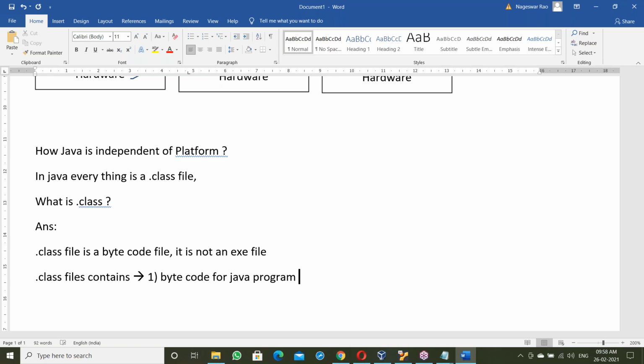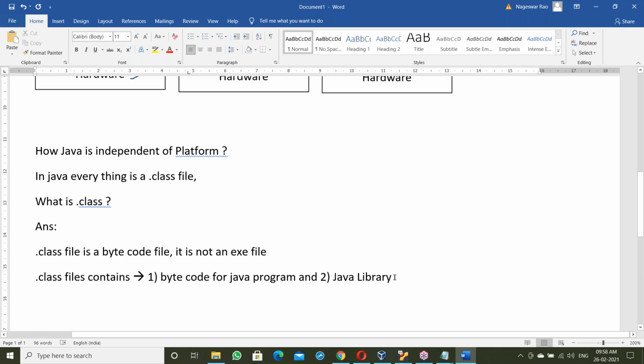Suppose we developed some Hello World program in Java; it contains the bytecode for that program, and the Java library. Only the Java program and the Java library.